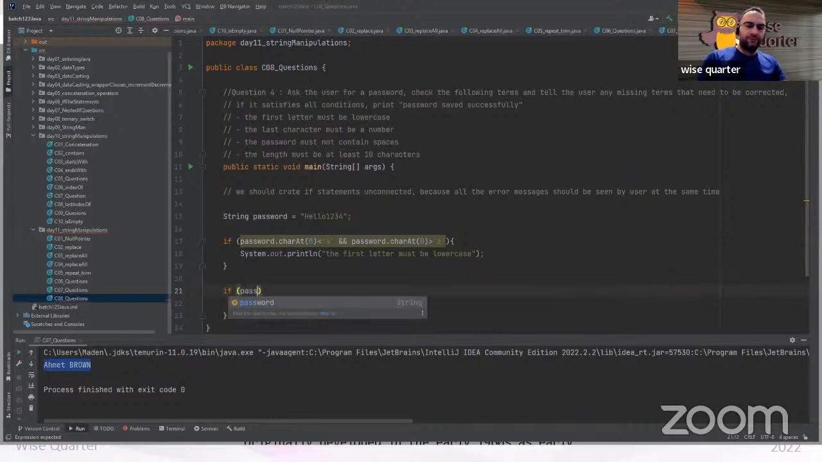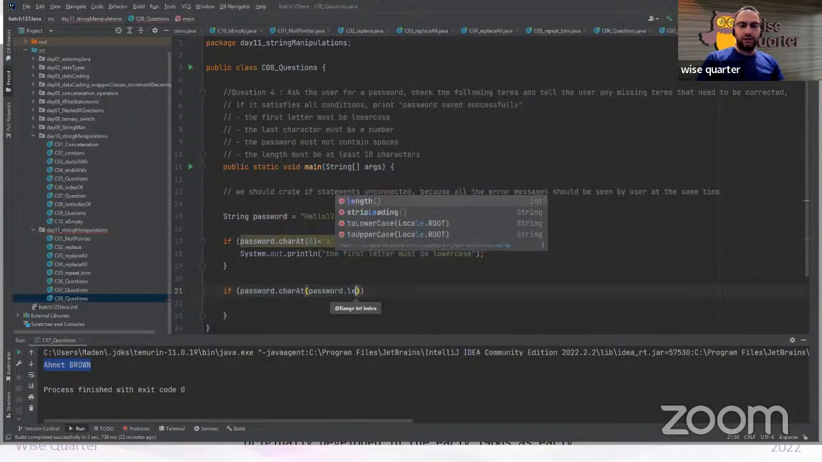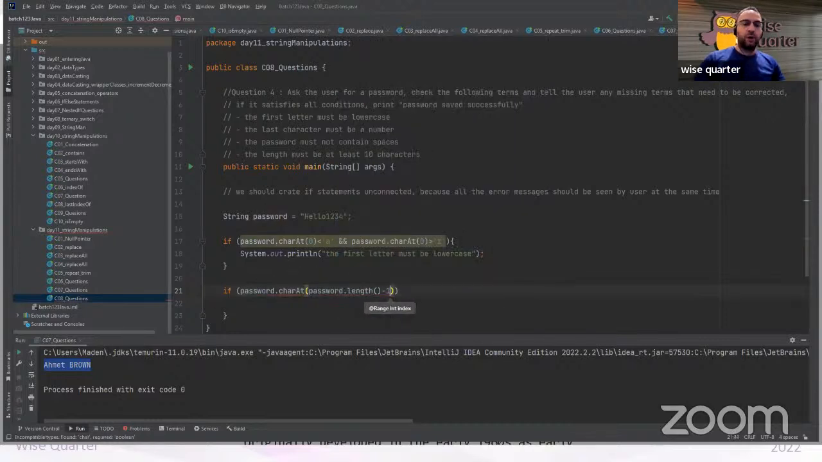So, fast forward. I want to reach the char at an index. How can I reach that last index? I need to calculate the password's length, and when I add -1, I will be able to reach the char at the last index. It should be smaller than